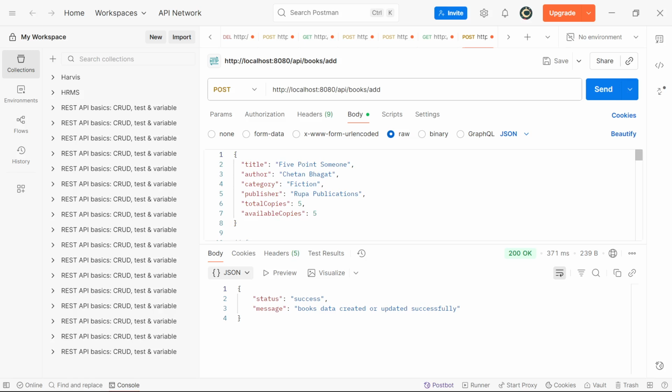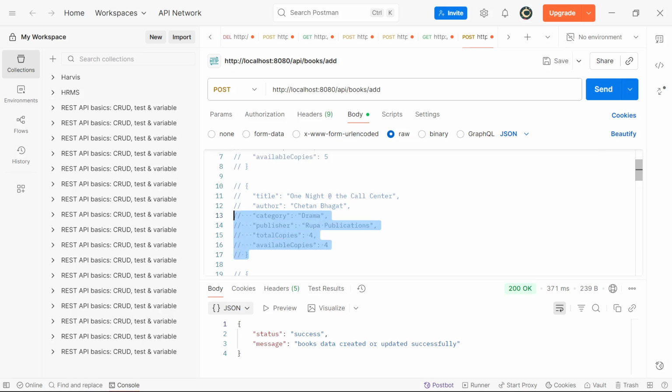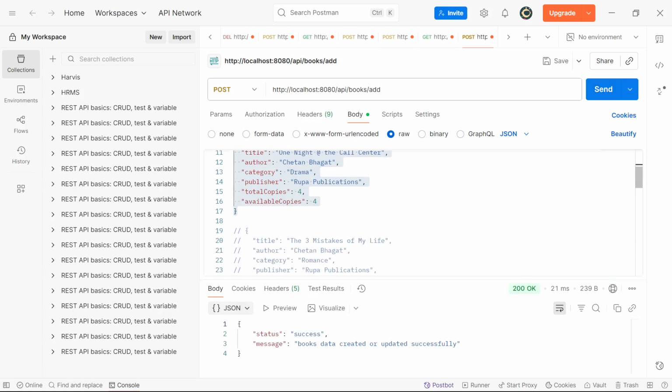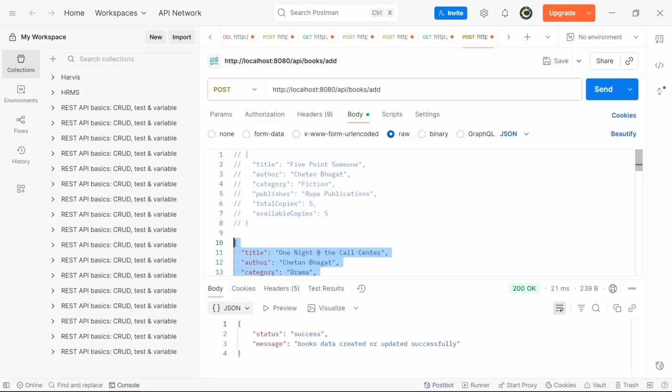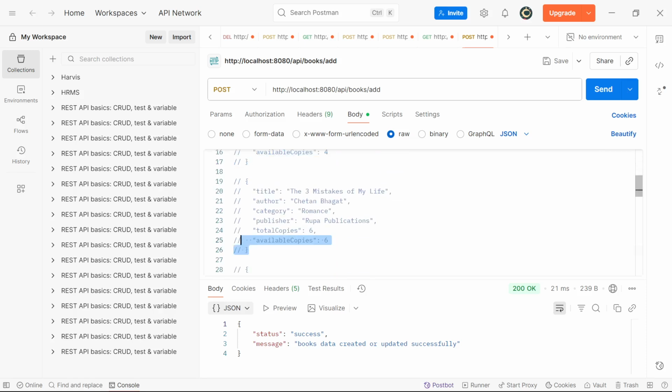I'm going to insert some more data, and here this one is, I need to insert this also. This one is also done,